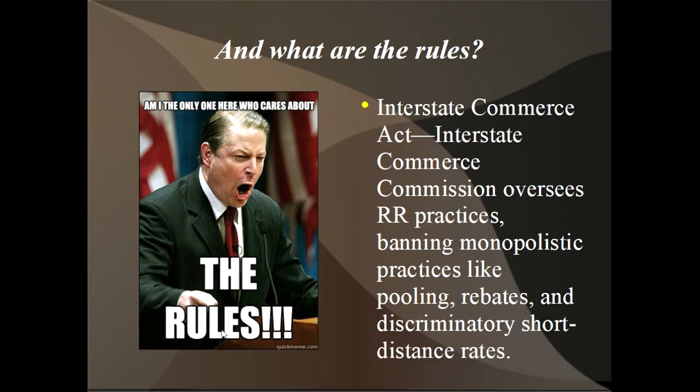Now, not everyone is sure what the rules are once these railroads are built. That's why the Interstate Commerce Act, establishing the Interstate Commerce Commission, comes in. Oversees the railroad practices. The first thing they stop is monopolistic practices like pooling. What's pooling? Well, if I need something shipped to Cleveland, it has to go at a particular time. You can't hold it back because you don't like me. Okay? For some reason, you don't like me, which I can't figure out why because I'm delightful. Just ask me. You hold it back so you could try and jack the price up so the guy gets desperate.